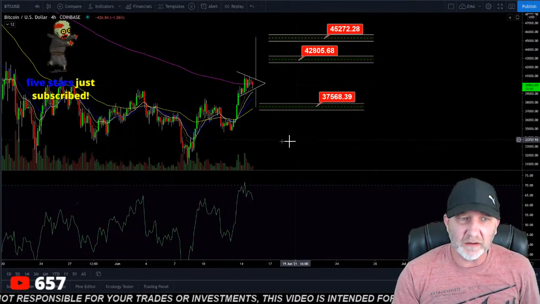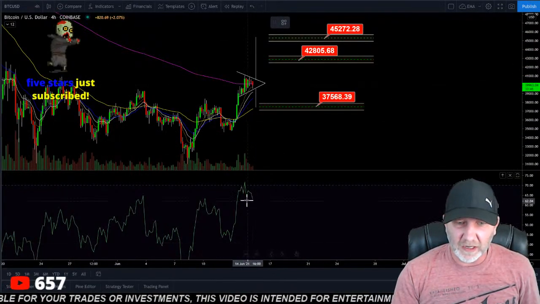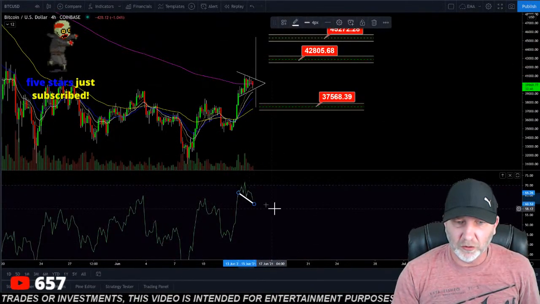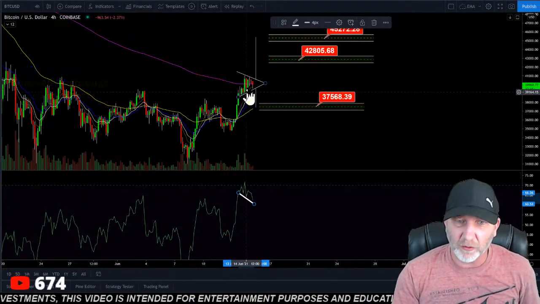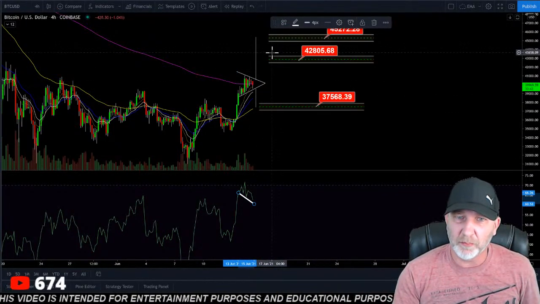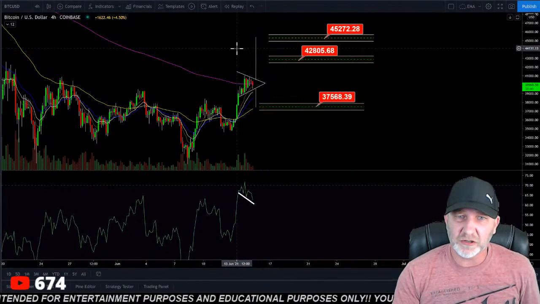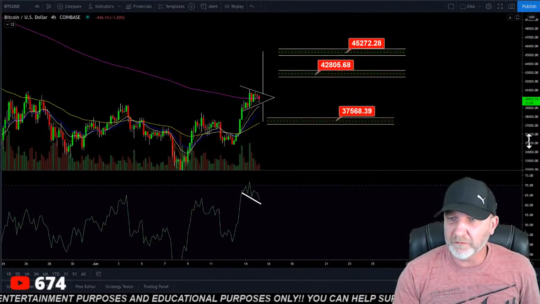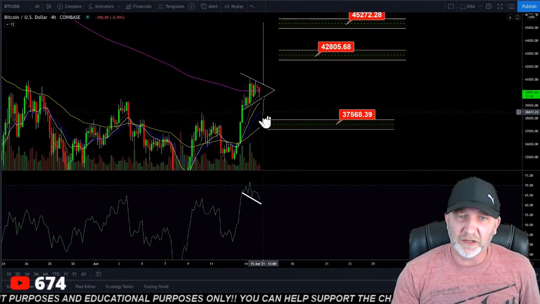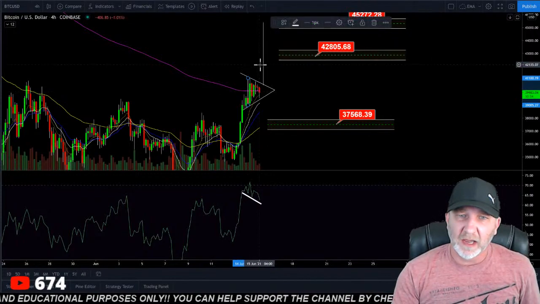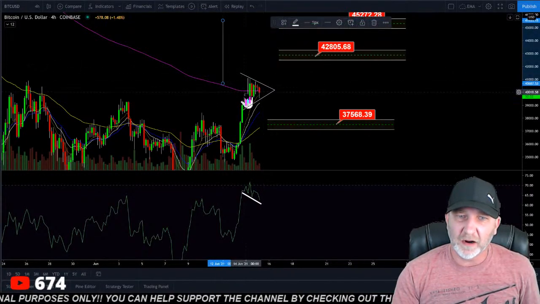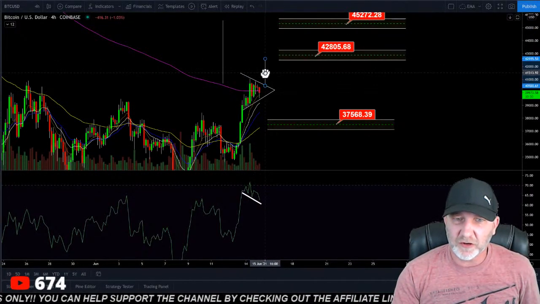I appreciate it. So if we look at this right here, we are creating some bullish divergence in the 4-hour. So we could get that one more push up here. Let's take some measured moves of what we'd be looking for. So if we take a measured move of this, and let's say we break up right out of this triangle,